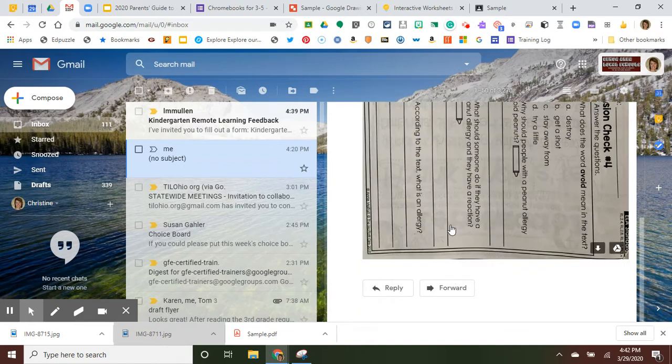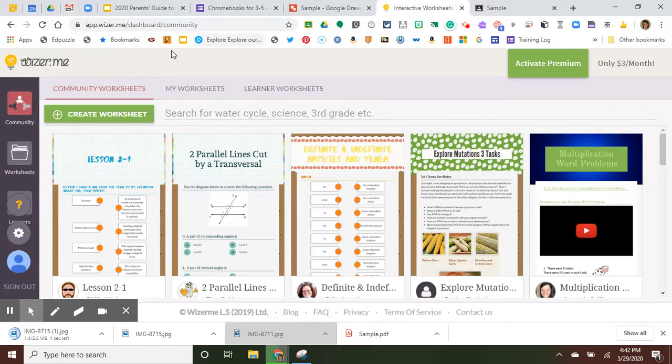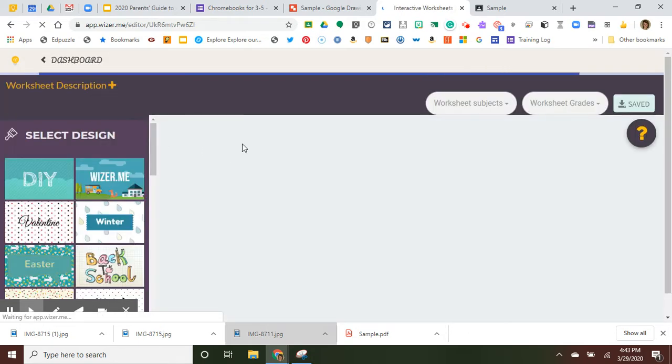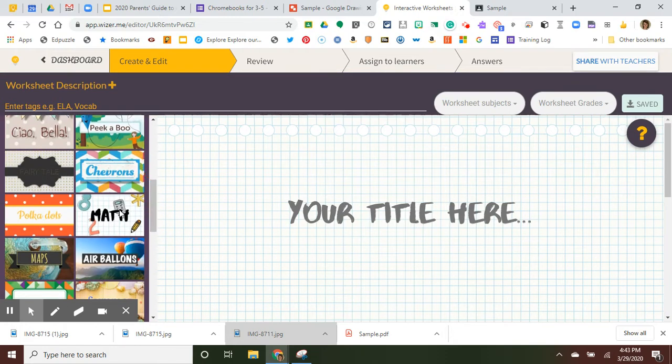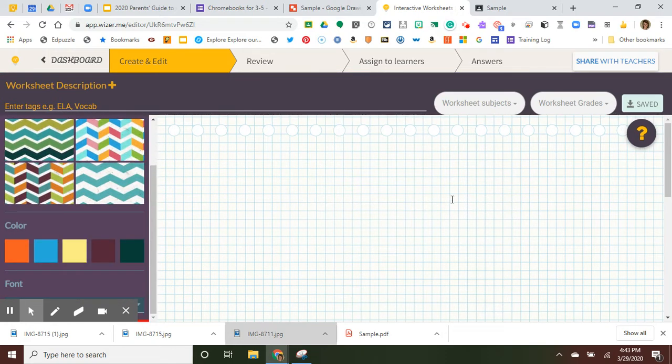So I have taken a picture of a worksheet that I want to have students answer their questions on here, and I'm going to download it to my computer. So it's going to be down here. And then in Wiser, I'm going to create a new worksheet. Now they already have a bunch in their library too that may be something that you can use. But to make my own, I'm going to click Create Worksheet. You pick what kind of design you want to have, give it a title,